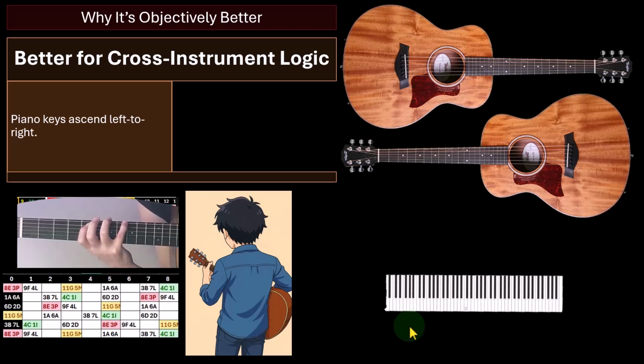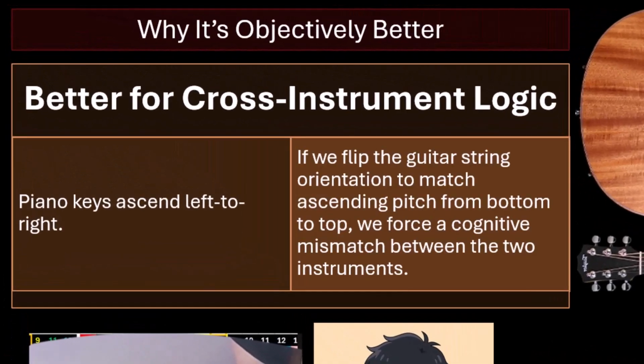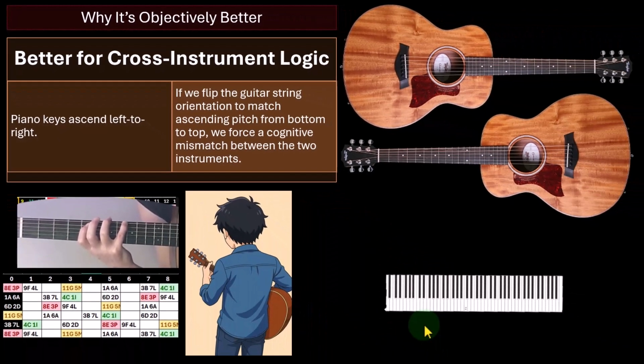So, but it's obviously listed out left to right. That's one of the beautiful things about the piano, it's all on one string. We can see it from left to right, and it reads easily. So if we flip the guitar string orientation to match ascending pitch from bottom to top, we force a cognitive